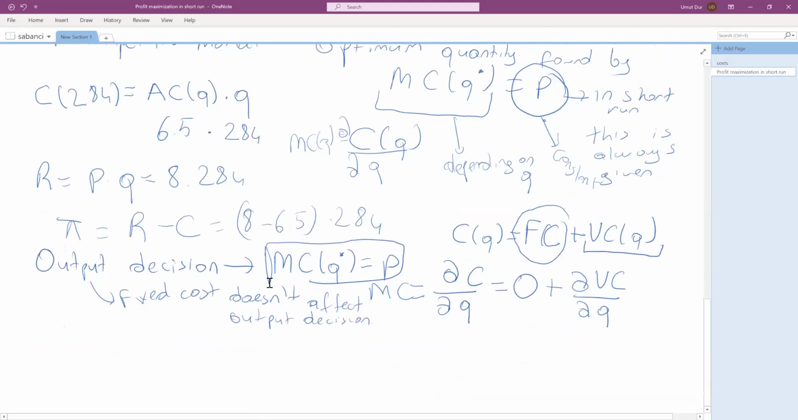Then let's think about whether fixed cost affects my shutdown decision. What about the shutdown? Let me write it again. My profit, depending on the level of quantity that I am producing, is P times Q minus fixed cost minus variable cost depending on the quantity. So if I shut down,